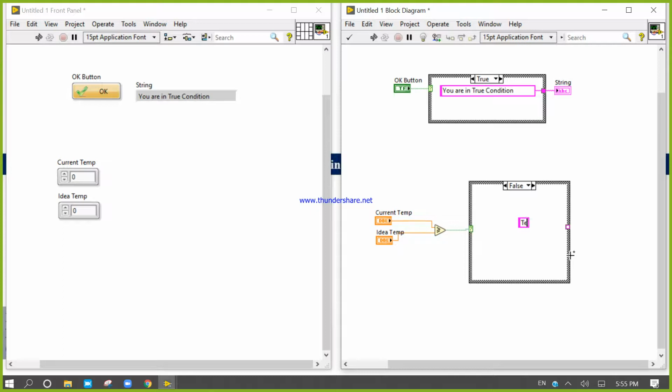If not, the current temperature is lower than the ideal temperature. So it is the second condition.